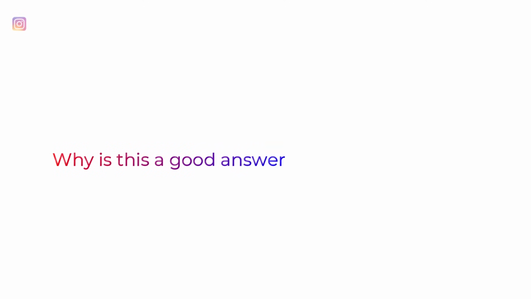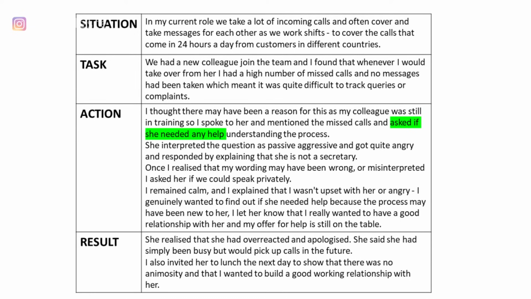So why is this a good answer and how can I use it? When you're thinking about how to answer a question like this one, the type of example that you can use is any scenario where there was a tension, disagreement, or argument at work. So maybe you and a colleague disagreed on the best way to handle something, or there was simply a personality clash. This answer shows that the approach was not to make an accusation or ask why the calls weren't taken